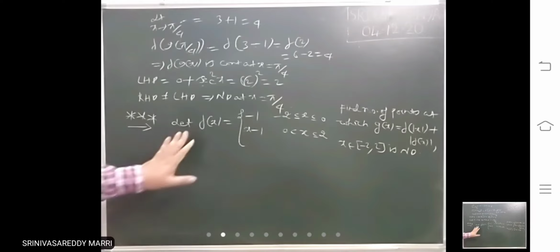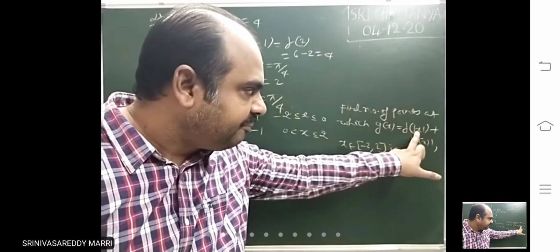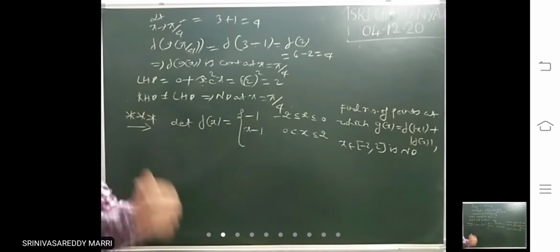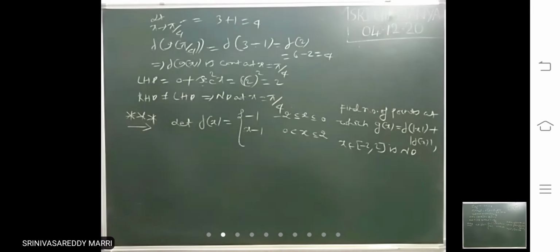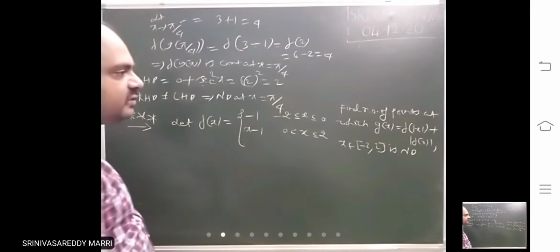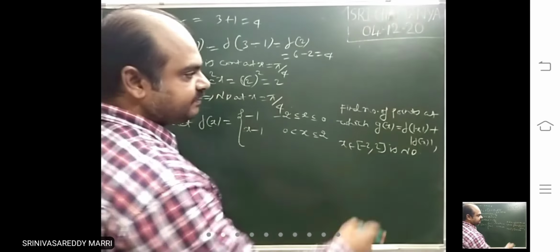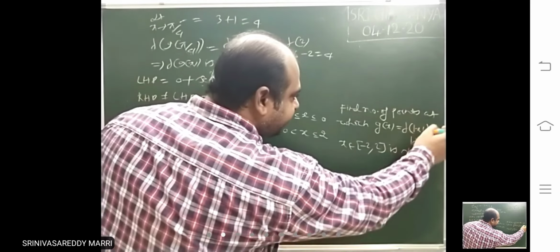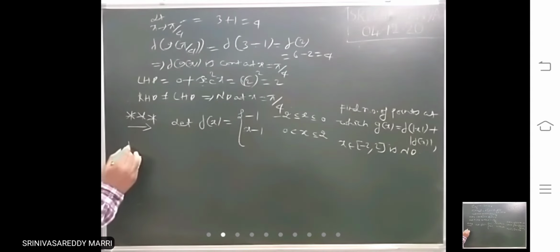He is asking: f of x is defined like this. g of x is defined as the sum of this function plus this function. In this interval, you have to find the number of points at which g of x is not differentiable. First, you have to write the definition of g of x. That means this function plus this function. If you want to add these functions, first you have to write what each function is: f of modulus x and then modulus f of x, and then add. First step is writing f of modulus x.